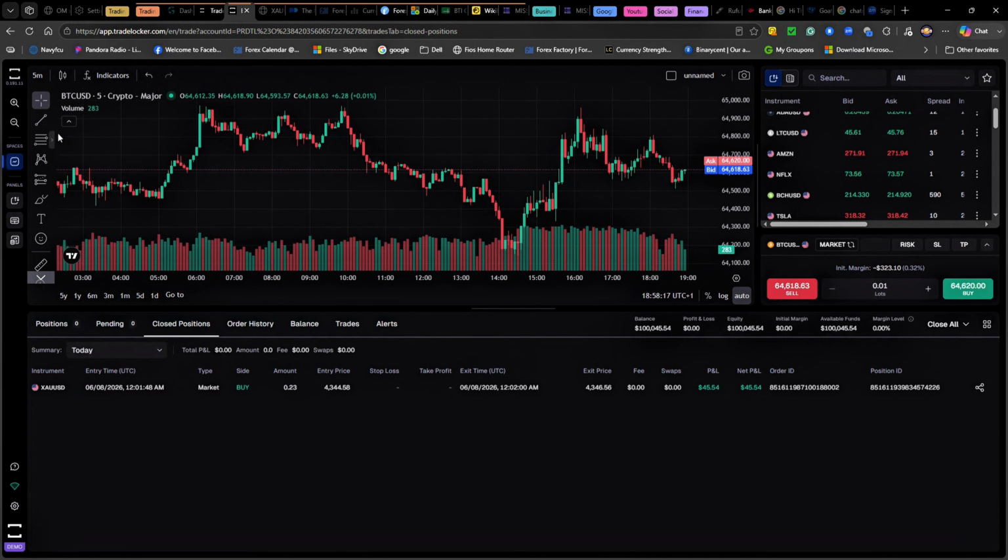Also, if you want to adjust the zoom, to the far left you have this plus and this minus magnifying glass area. This will allow you to zoom in and zoom out and adjust your screen. A third way that you can adjust your screen is in between the chart section and the trade panel,